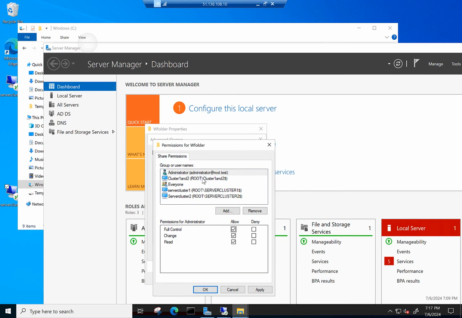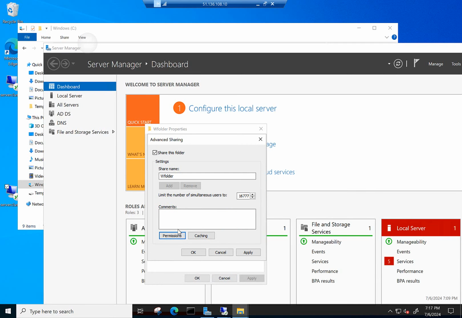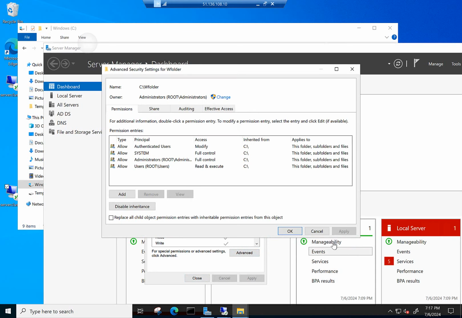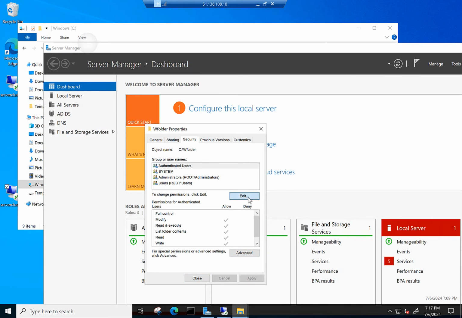All of these should have full access to this folder. Okay, this is the sharing part. We are going to do the same for the security part. Sorry, edit, add,